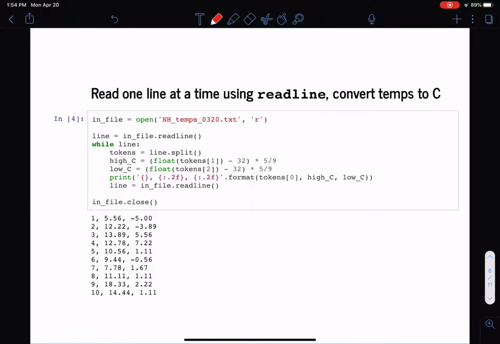Okay, one alternative method to using a for loop and treating the contents of the file as a collection that we could iterate through is to use the readline function. In this case, instead of just outputting the values as they are, as we read them, we're going to convert the values to Celsius. So let's see how we do that. We open the file just as before for reading, and using readline, we first read the first line in the file,